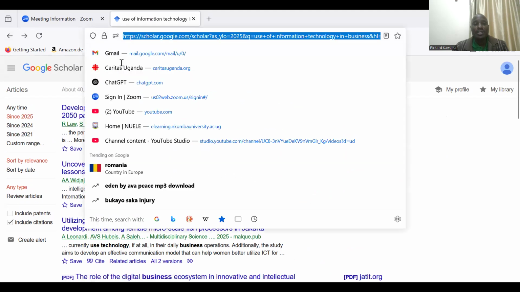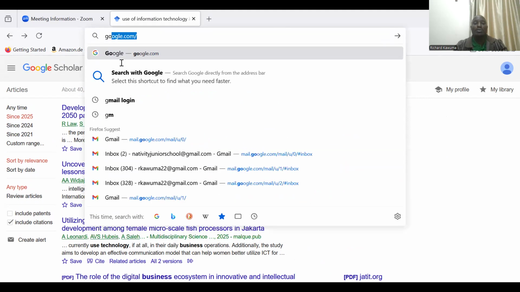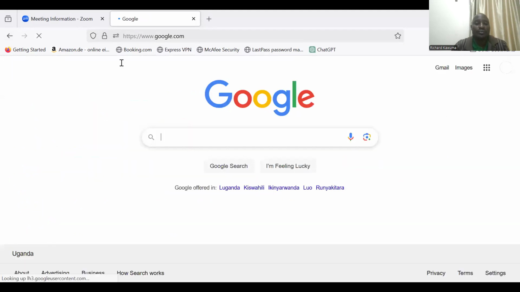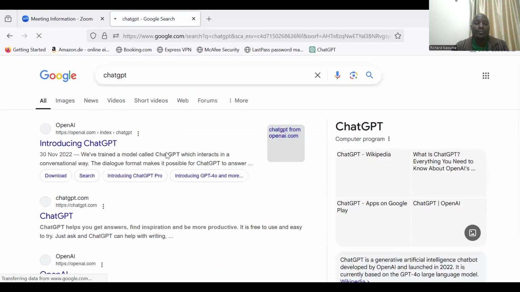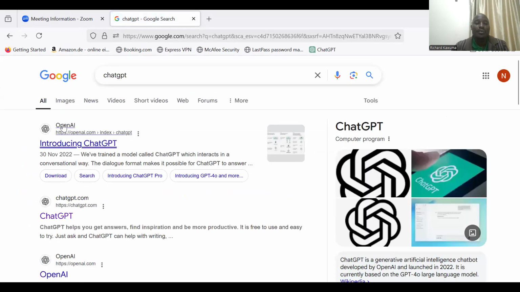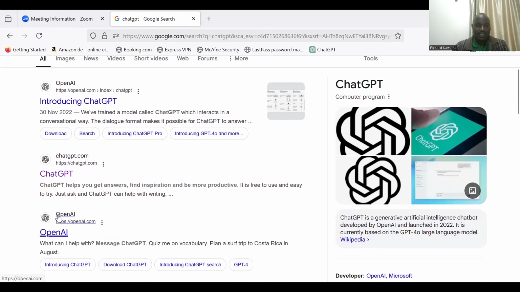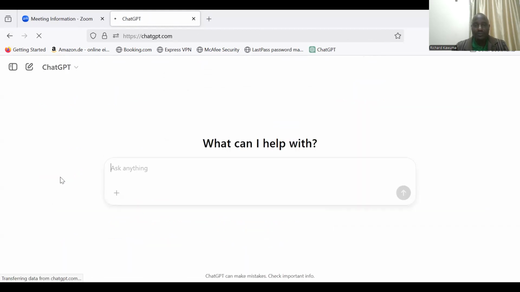The next tool we can look at is ChatGPT. Again, we shall go back to Google. Then we shall type ChatGPT. Okay, we have the OpenAI. I'm not going to use that one. I'm more interested in ChatGPT. So when you click on it,